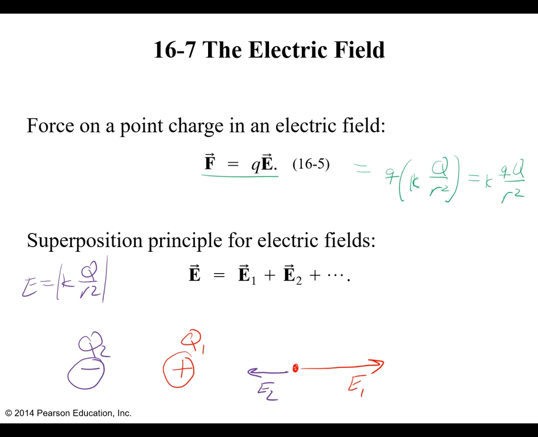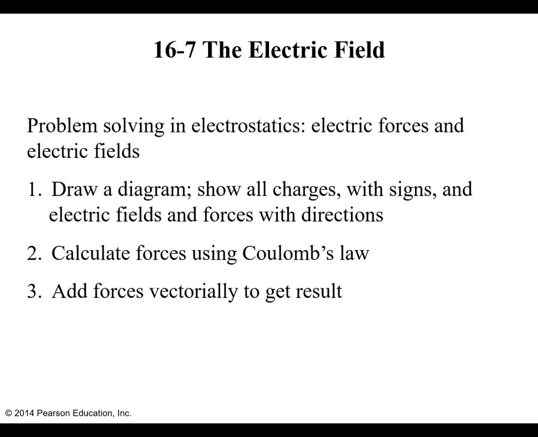Then the total electric field is just going to be the sum of all the electric fields put together. Once again, electric field is a vector, so we are going to have to deal with vector addition for electric fields. So to solve problems in electrostatics, static meaning stationary, electro of course meaning electrons and charges,